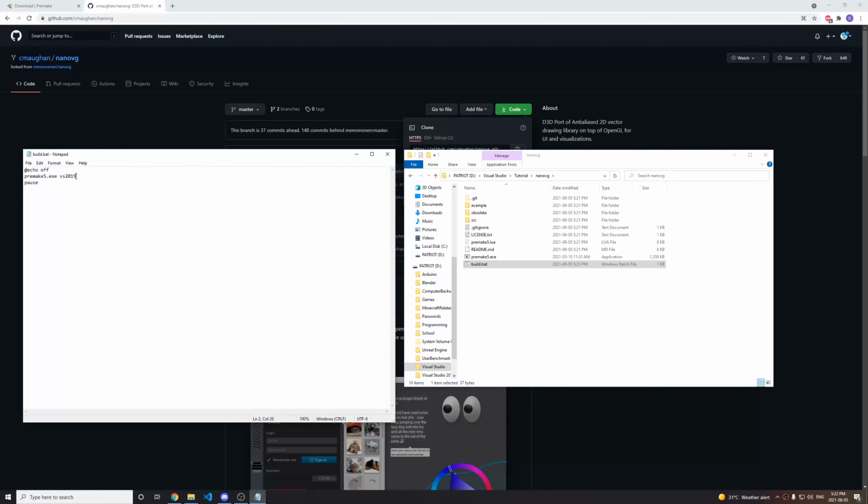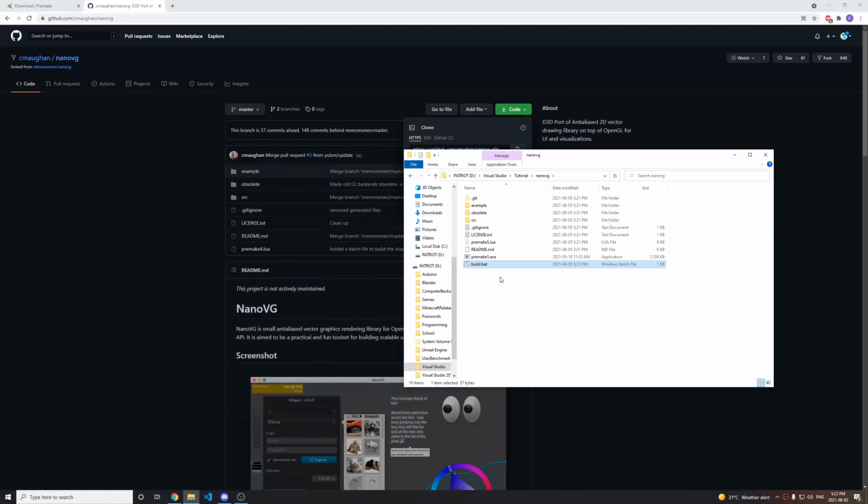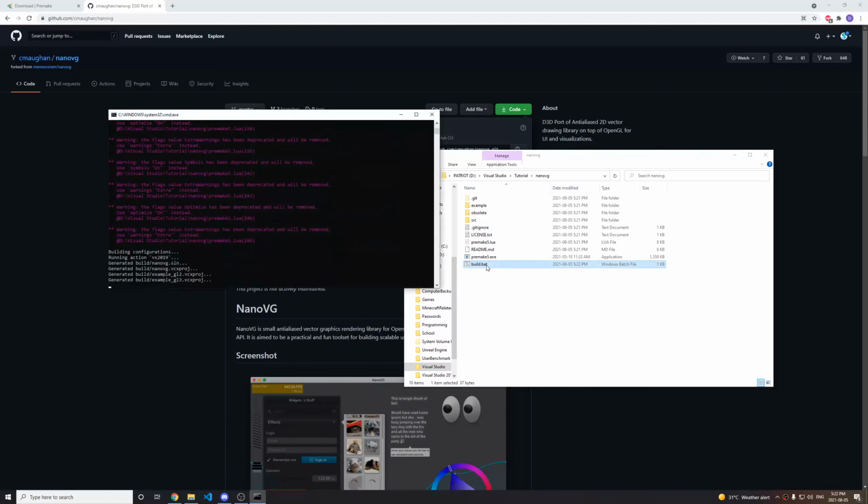So you can install Visual Studio 2017, 15, 19, it doesn't matter. But if you are going to install Visual Studio 2019, you copy this exactly like so. If you're using 2017, you just change that number to the year of the version that you are using. And then when that's done, all you have to do is run the bat file. It's going to build everything for you. So go into the build folder, open the solution,